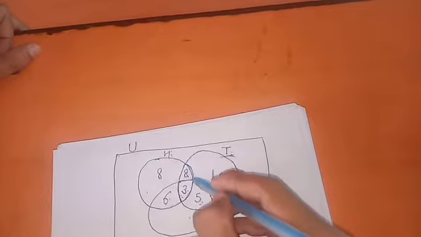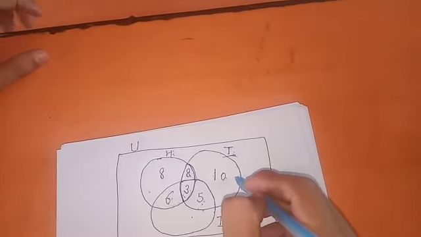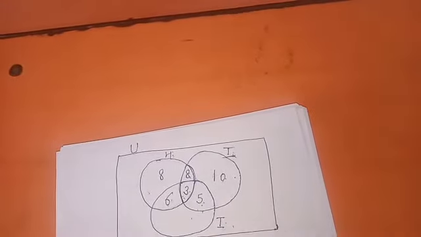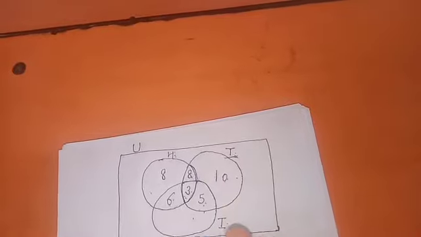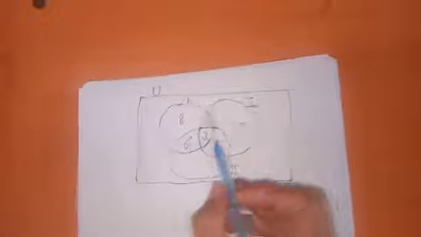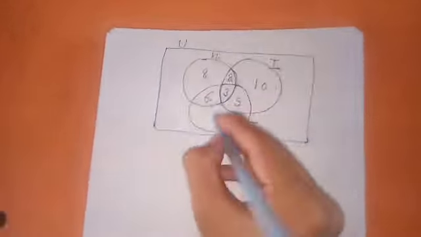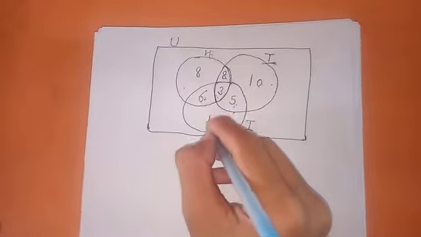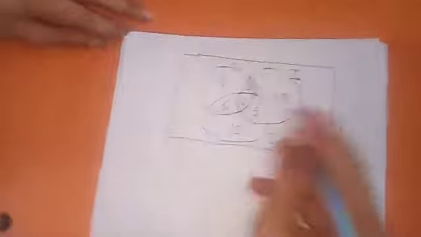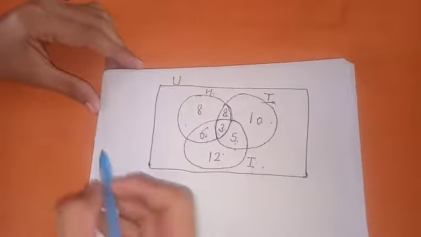So in this region, which is not in common with other circles, it shows that only one newspaper is being read. For newspaper I, how many people read it? 26. But how many have we written? 9, 5, 14. So 12 people read only newspaper I, not any other. Now using this we can find both values of our question.